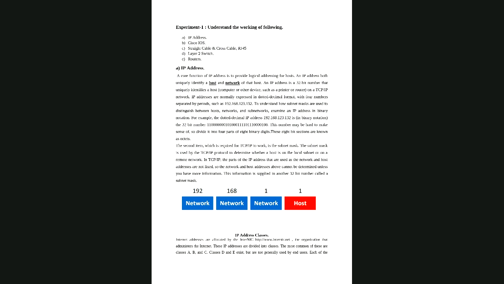Now let's get started with this first experiment. The first thing we have to discuss is IP addresses. As we have already discussed in our first theory lecture, we have two different kinds of IP addressing: IPv4 addressing, and we have IPv6 addressing.